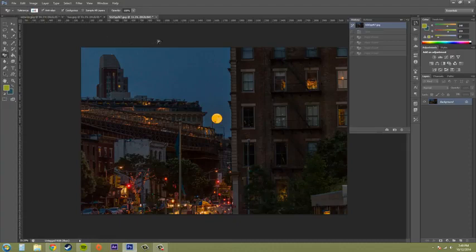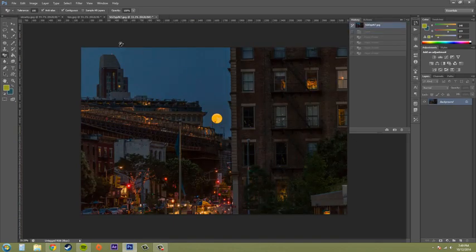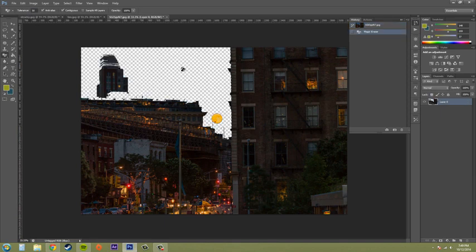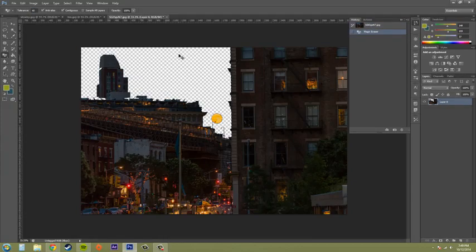Let me put this back at 100 because that was the default. So if I click in this sky, it's going to take this color from the sky. Way too much. Took way too much color out of that. Let's try to mess with our tolerance here so I can show you. With enough tweaking, you can take out certain colors of your image. So I just gotta bring this down and tweak this more and more until I can get the